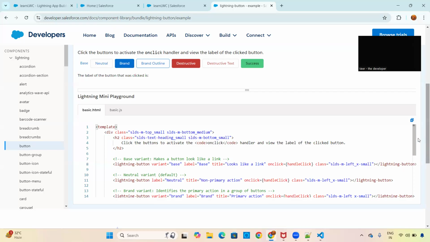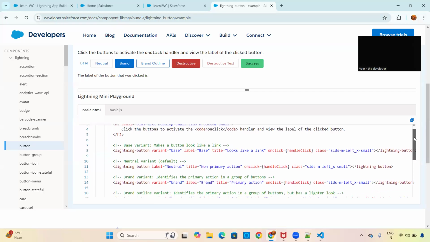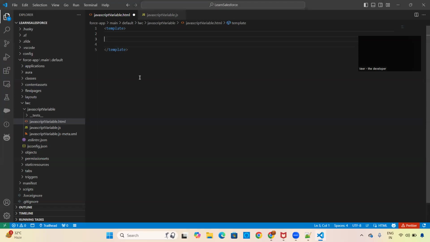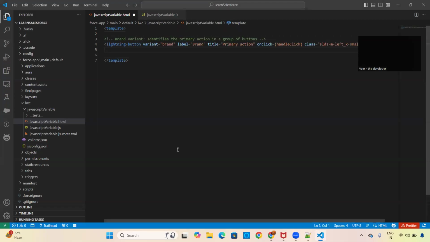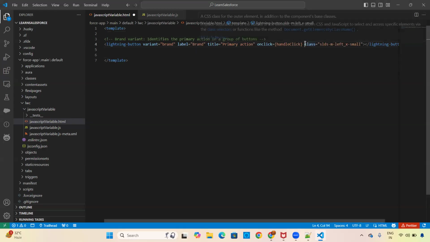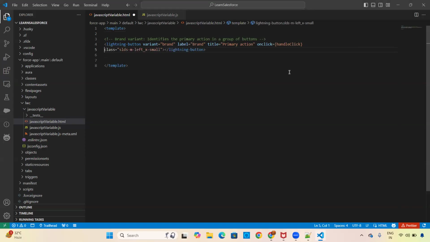Okay, so when you scroll down here, you will get the variant. Okay, so the variant, here I'm using, I just copied from here. And then I go here, give a little bit of space, and simply paste here. Okay. Let me also, the best thing about using these given components is